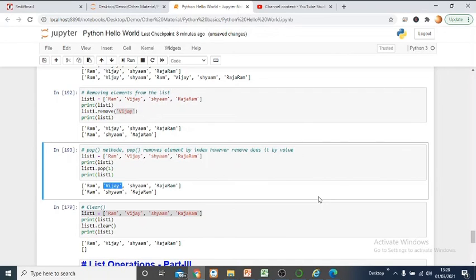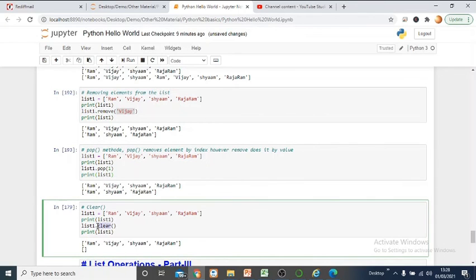All right, now the very last one: if you have an entire list and you want to clear it, so that none of the elements are present in the list, you can simply use the clear function. All right guys, so these were some basic operations on the list. Now we are going to do some more advanced operations on the list in the next discussion.